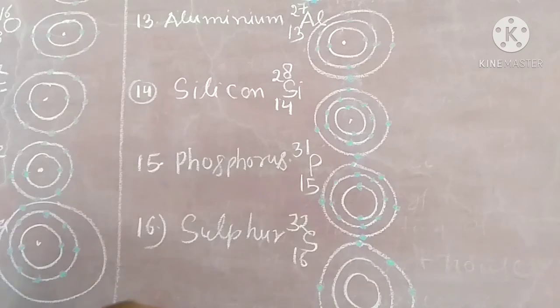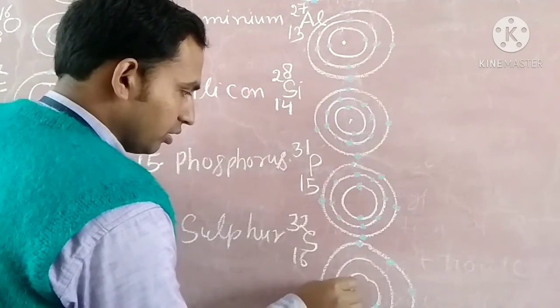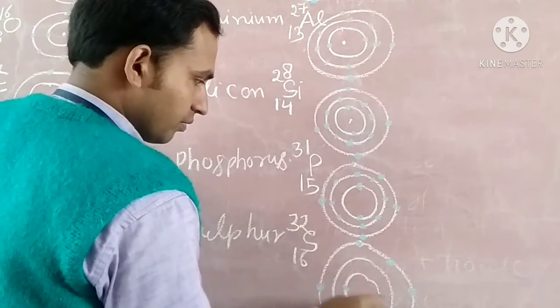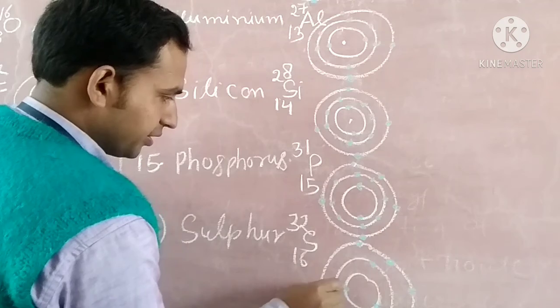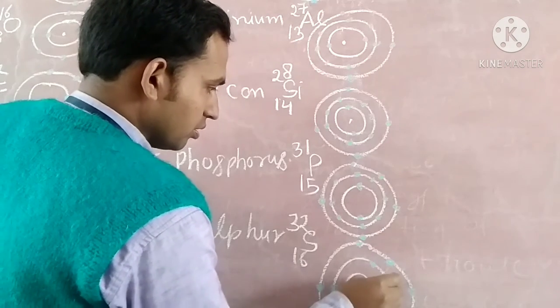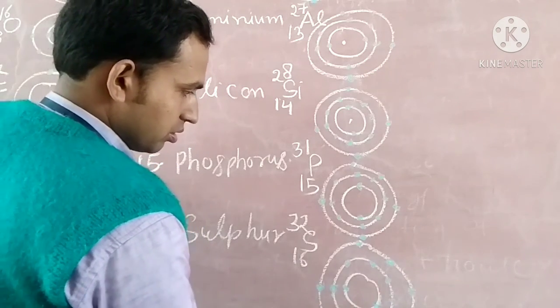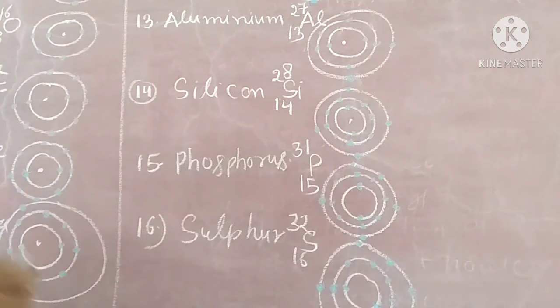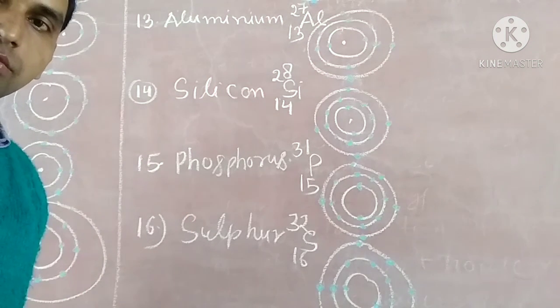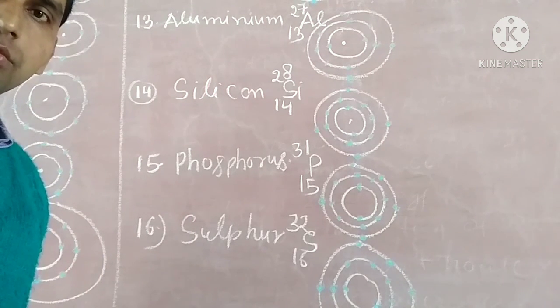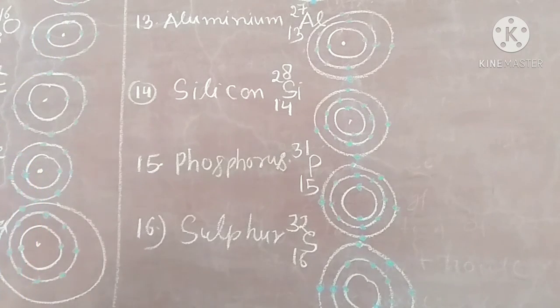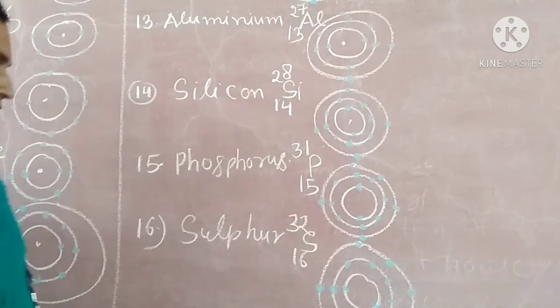Okay. And the first has 2 electrons. The second has 8 electrons. Similarly, you can do up to